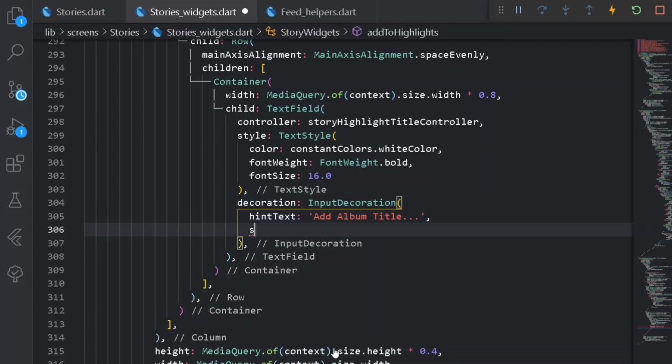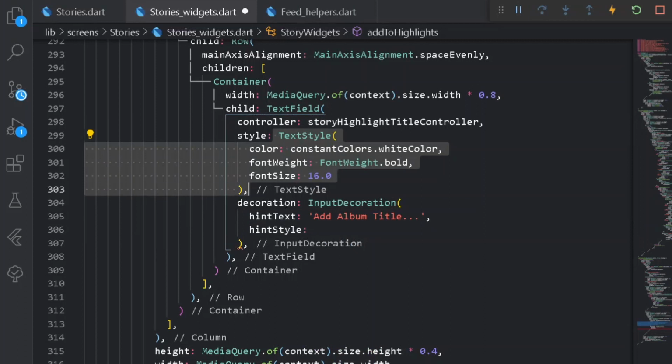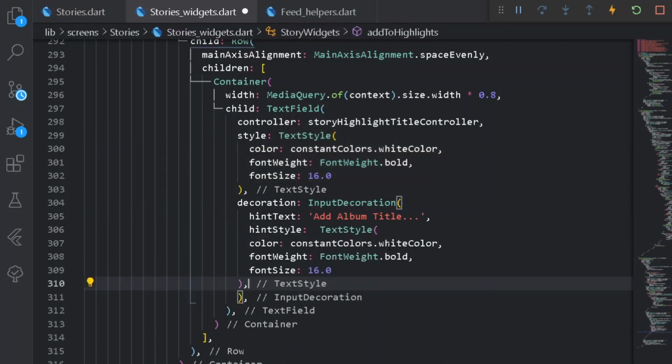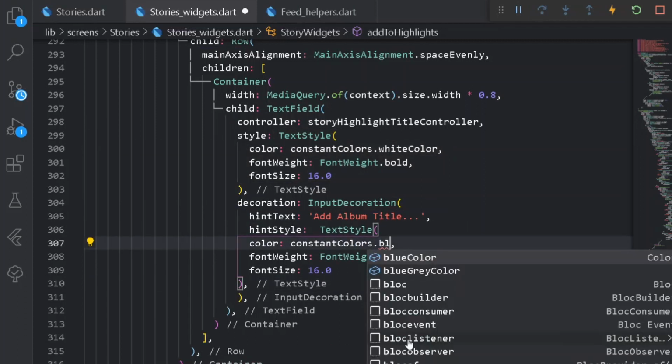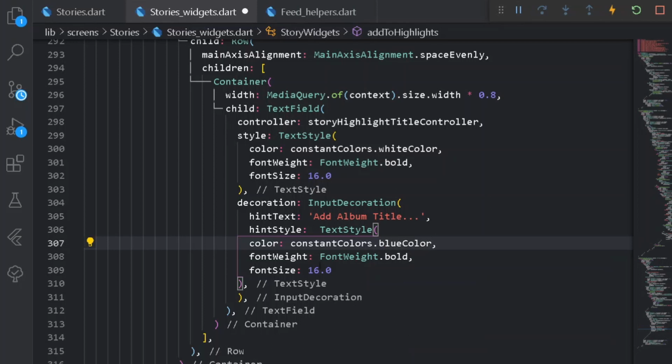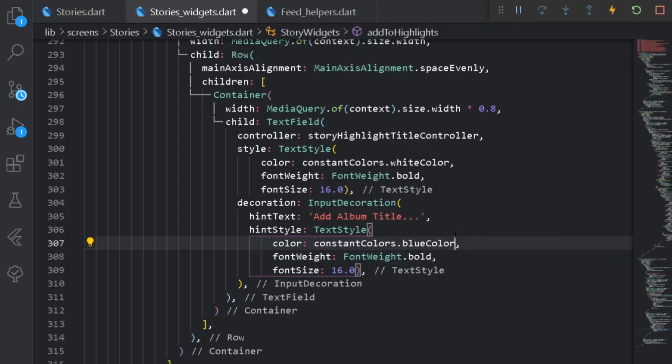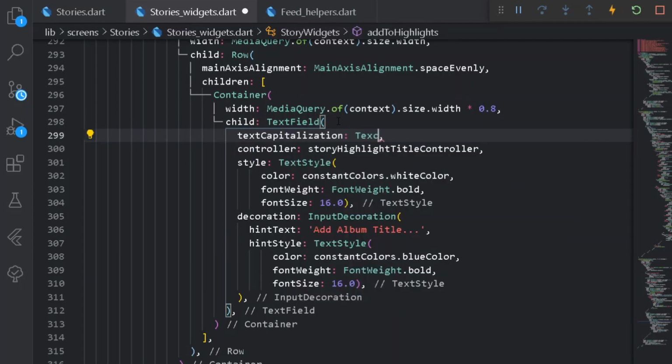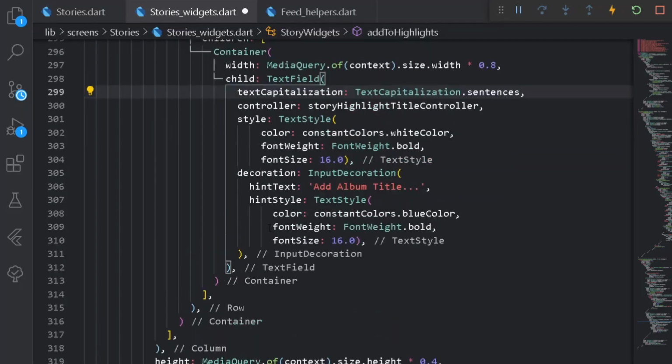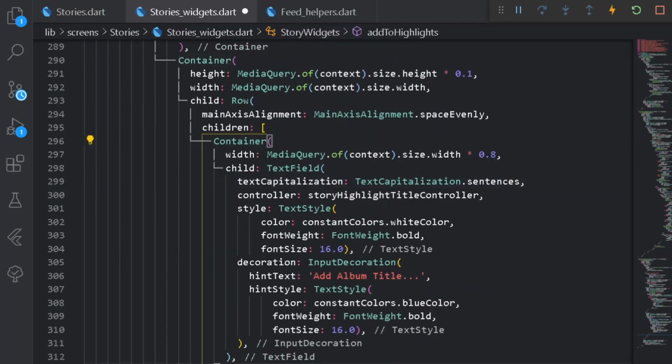Let's have a hint style to it for a text style. I can copy the entire text style from here and paste it here, but here let's have a different color, a blue color. Easy. Format document first, and here let's have a property of text capitalization for sentences, I guess. Easy.